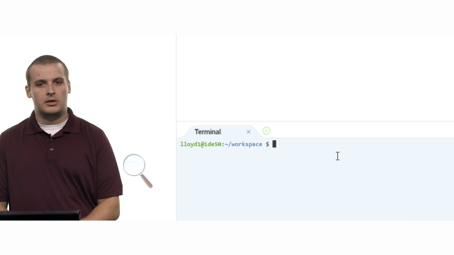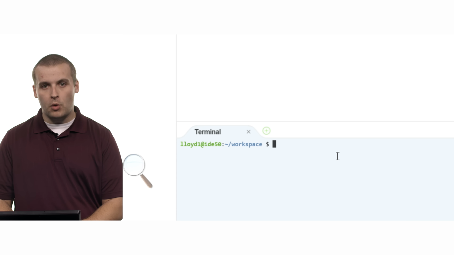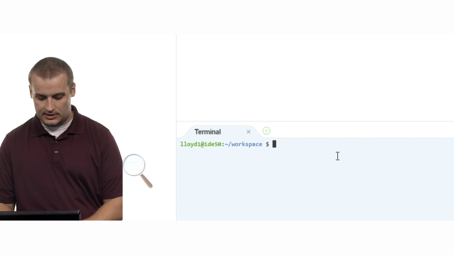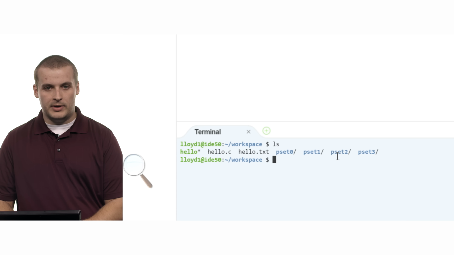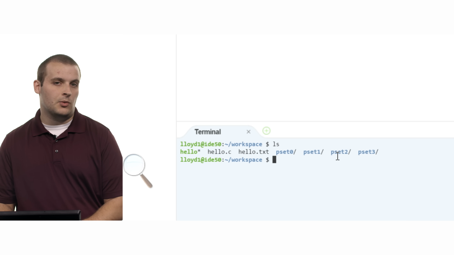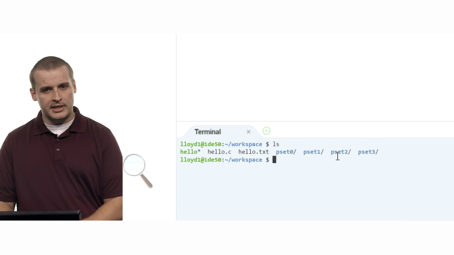Well, we can specify an extra flag, just like we did with cp, where we could add the -r flag to recursively copy into a directory. There's another flag for rm, which is -f, which is to force rm to do exactly what we're telling it to do. So let's say that now I want to get rid of my hello.txt file. I don't want that one either. What can I do? Well, I can rm -f